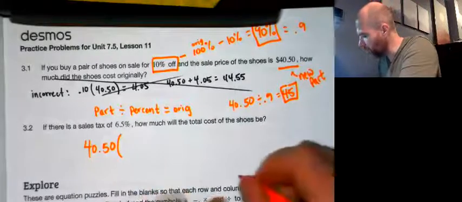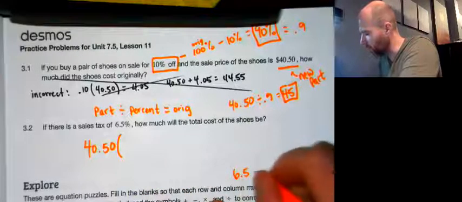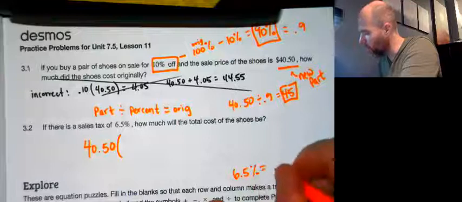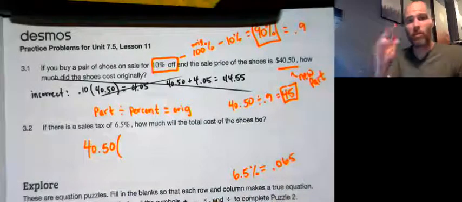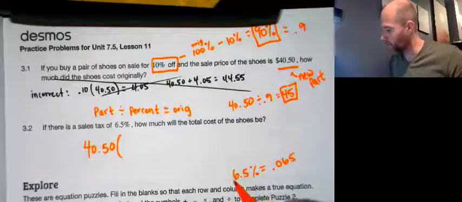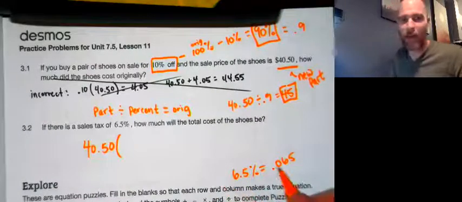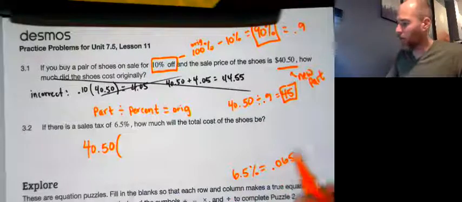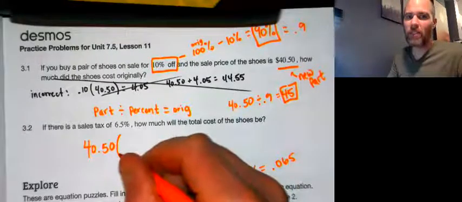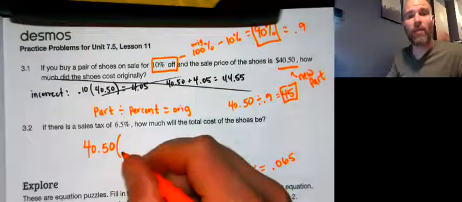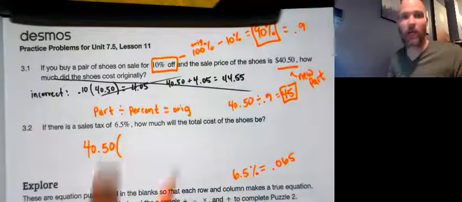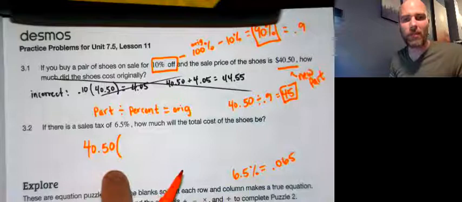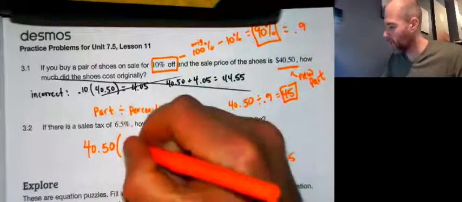So first, let me convert this to a decimal over here. 6.5% equals 0.065. I moved the decimal point over 2 spaces, 1, 2, and I had to fill that empty gap with that 0. If I were to multiply $40.50 by 0.065, I would get 6.5% of it. And then I could take that number and I could add, and I would get the right answer. I don't want to do 2 steps like that, though. I'd rather multiply by